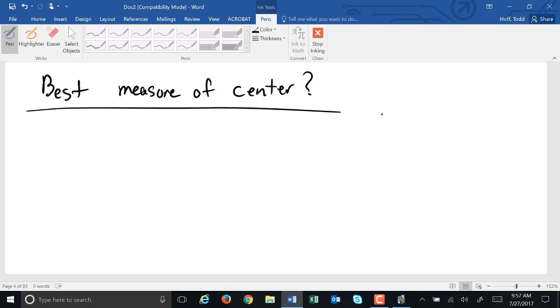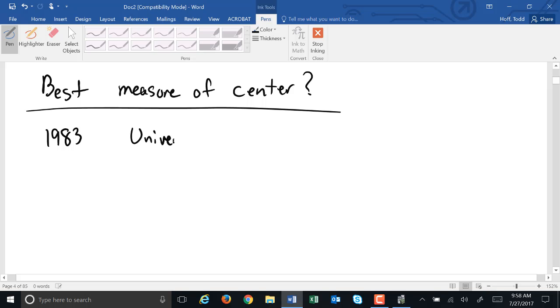But I'm going to give you an example. Yesterday we talked a little bit about how some of those graphs can be used to be deceiving, especially the bar graph, so they can change the width of the bars, cut out parts of the scale on the axis to accentuate differences and stuff like that. I'm going to use this example. It's 1983. The University of Virginia